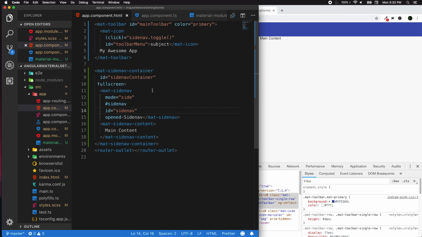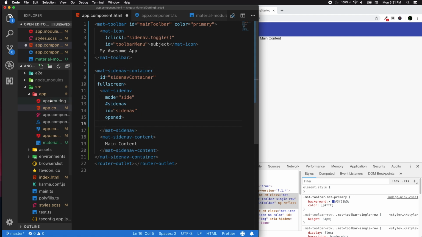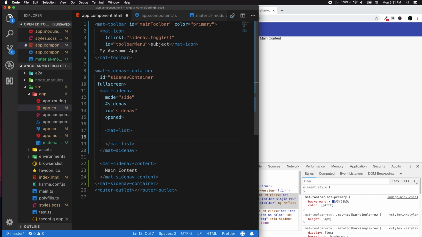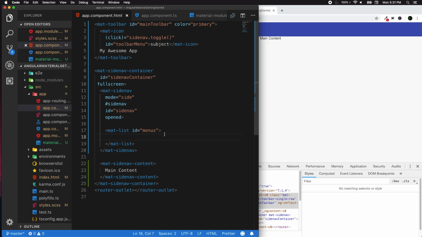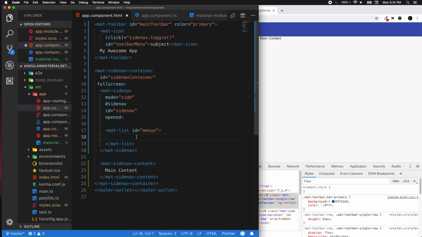Let's go ahead to the app component HTML, and then in the side nav content, I'm going to add a list. The material list component is the mat-list selector, and I'm going to have a mat-list-item. I'm also going to add an ID for this, so it's easier for us to do CSS styling for our mat list menus. And mat-list-item, right,